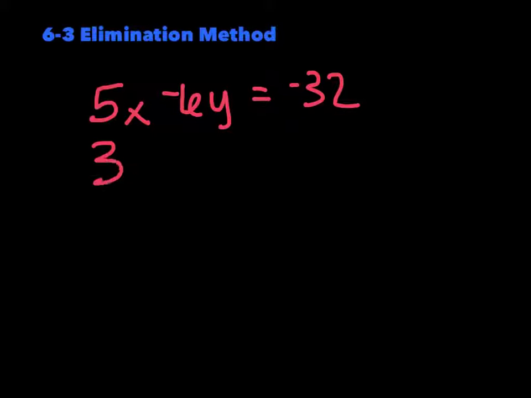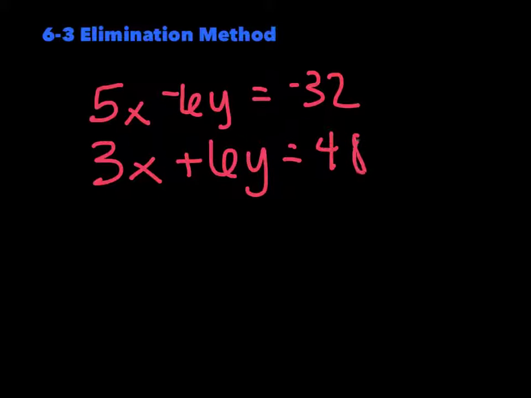And the last one is the elimination method. And this one is, you're probably going to feel about this one the way that you felt about standard form or point slope form. You're going to feel like you can do it better without it, but this is or can be very, very helpful. For example, if you look at 2 equations and you see something like this, if you have 5x minus 6y is equal to negative 32, and 3x plus 6y is equal to 48,